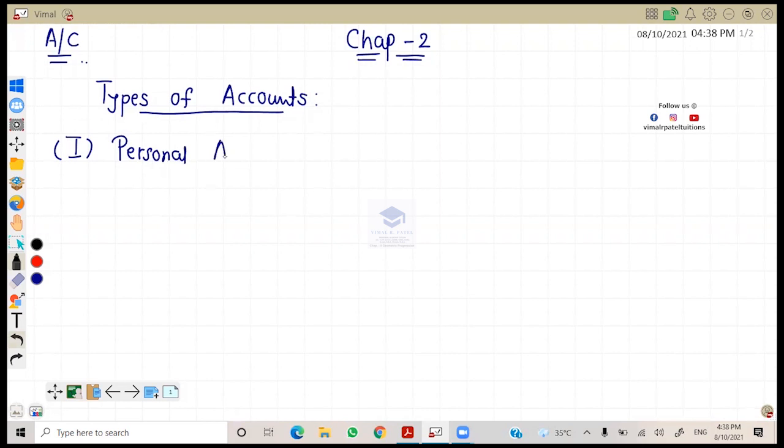Personal account. As the name suggests, account of any person, real or artificial. Real person is living person, like Vimal Patel, barabar. Artificial person means legal person, like Gujarat University, HP Kapade High School, Ahmedabad Municipal Corporation, Government of India, State Bank of India, ICICI Bank, Life Insurance Corporation of India, any company's name, firm's name, any institution, any organization, all are covered under personal account. So basically, personal account involve